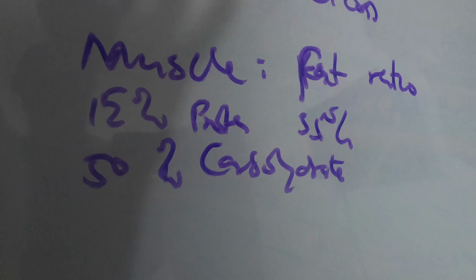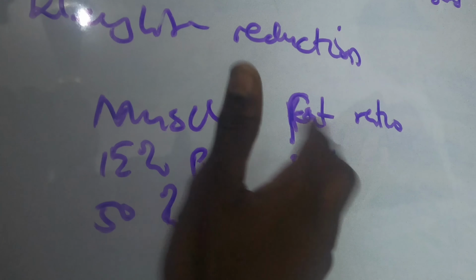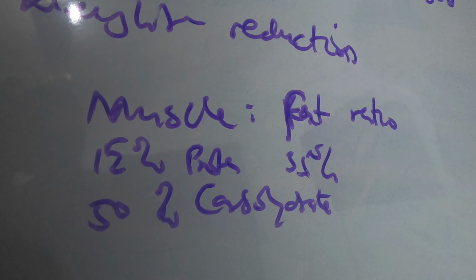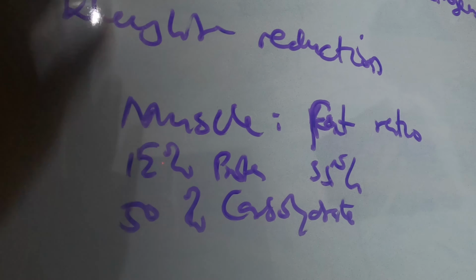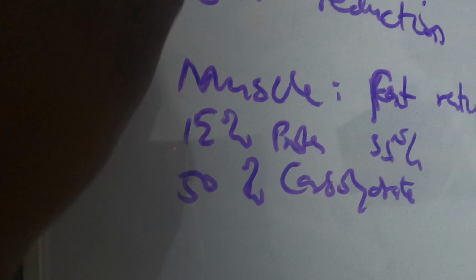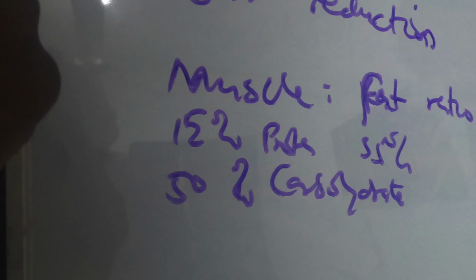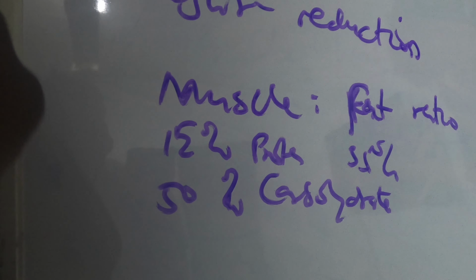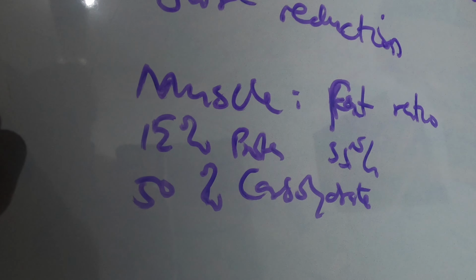So anybody who is obese has a lot of fat cells, and once this ratio is changed, it's going to affect the way your body uses glucose, and this indirectly or directly is going to affect your insulin levels. So one major way to treat PCOS is to manage your weight, and that's actually the primary way to treat PCOS. Once your weight has been managed, you are very sure that your condition will be managed or treated. Now, let's look at this reaction.